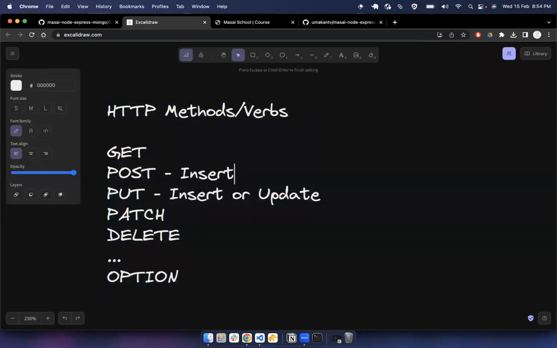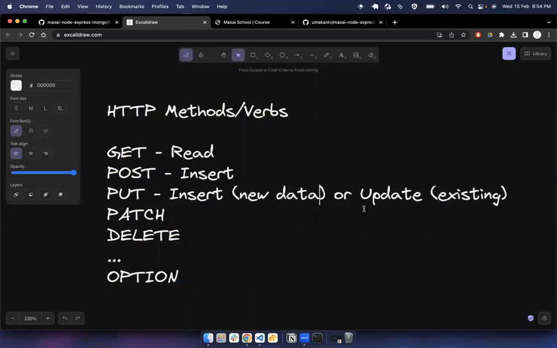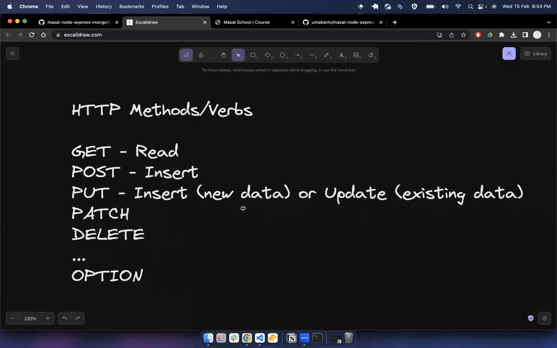Okay, so this is insert, this is read. A put request is used so that if the data already exists, it will update; otherwise it will insert if it is new data. Okay, for existing data it will act as an update. For new data it will act as an insert. Okay,